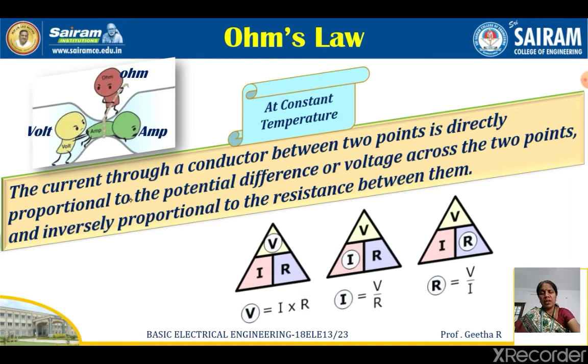So this is called Ohm's triangle. The V is nothing but the product of I into R. Using this triangle or this formula, you can say I is nothing but V by R, or R is nothing but V by I. So in simple form, to state Ohm's law, you can say V is nothing but the product of I into R. From this you can write I is equal to V by R, or R is equal to V by I.